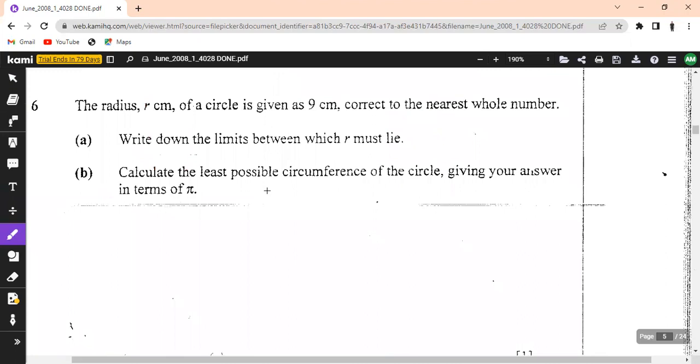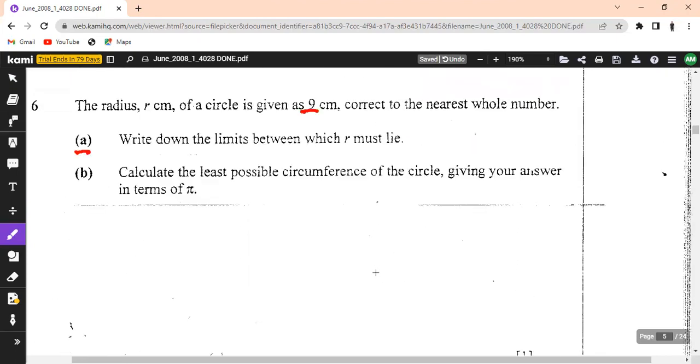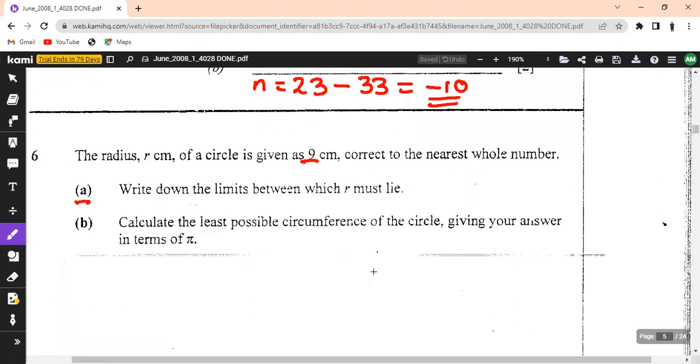Number 6, we are given the radius of a circle is 9 centimeters, correct to the nearest whole number. So in this case, that is not the exact value, but a rounded figure. That is why they're asking us to write down the limits within which the area is going to lie. We are not given how to write this one. So our area is going to range from